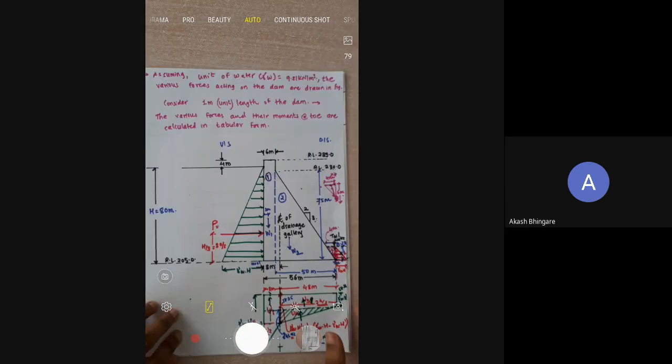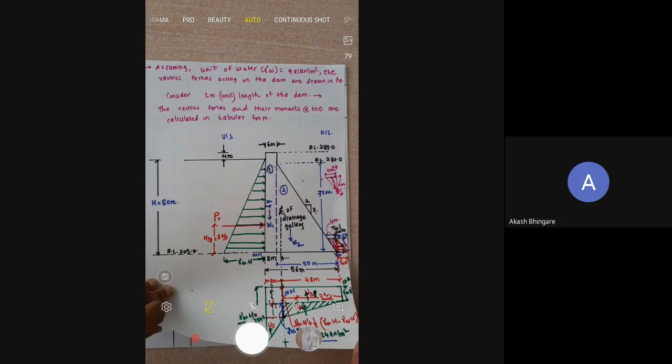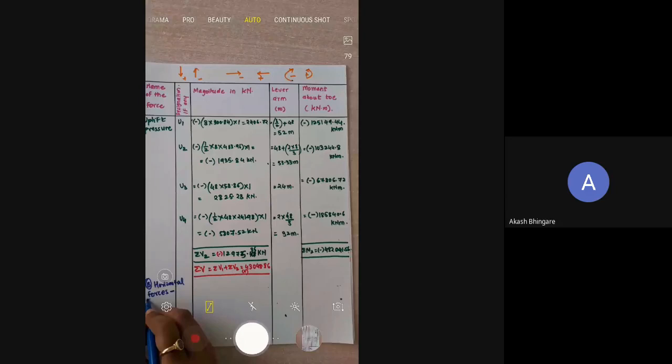What's the time now? It is about 11:58. Okay, only two forces are there for the horizontal direction that we will finish off very quickly. Already we have drawn that in the figure itself. We just have to write the values now. So we'll go for forces in the horizontal direction. Hope you have understood the part till now, all the vertical forces. Now part B, that is horizontal forces, or horizontal water pressure only. Only two forces are there, on the upstream side and on the downstream side.